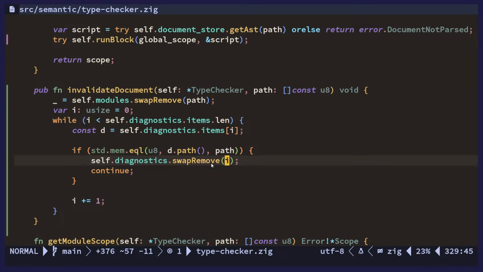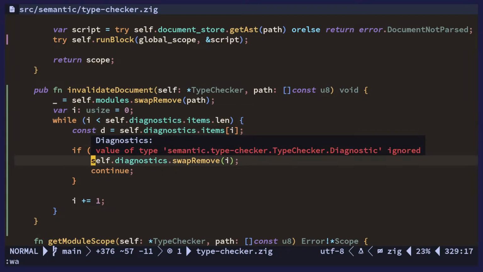So it should still be 0. So next time we're looking at 0, we're comparing now against the other document, which should be false, and then we increase by 1, and now it should be over the length, so we're done. Yeah, that should be good,